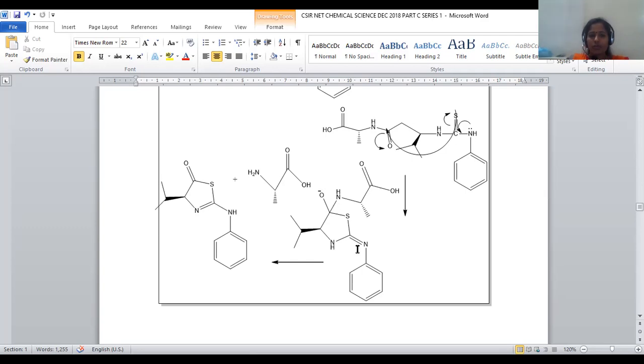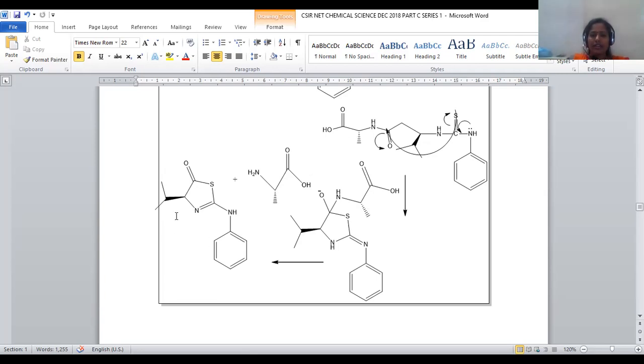What will we do? This double bond is shifted towards this center, so that here a carbon-nitrogen double bond will be generated, and this will become a single bond. Okay, so this is a kind of tautomerism. Now the negative charge present on the oxygen will be shifted towards this side, so that a carbon-oxygen double bond will be generated. Subsequent cleavage of this amino functional group from this carbon center, so that it will be detached. Another amino acid moiety will be detached, and this is turned into a 5-membered ring system, right?